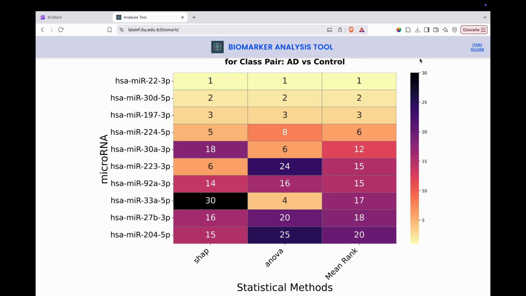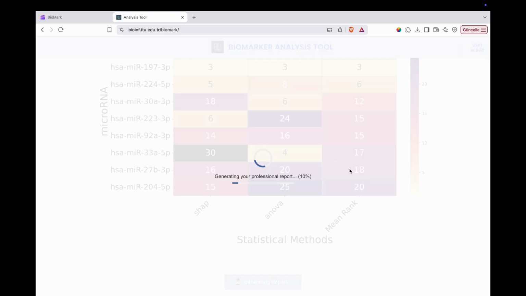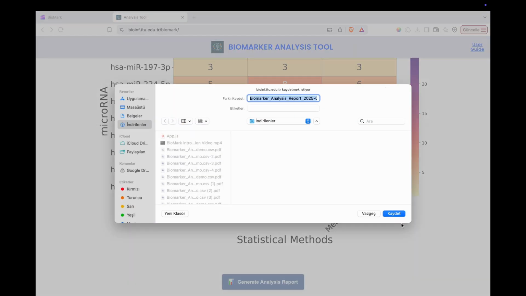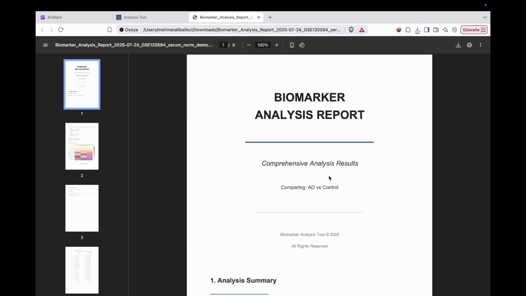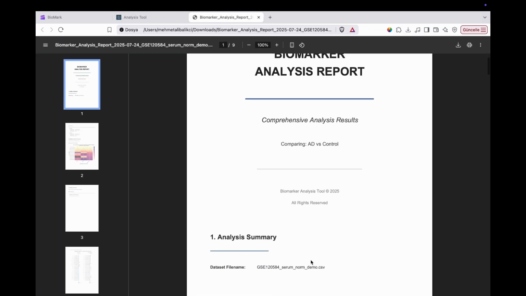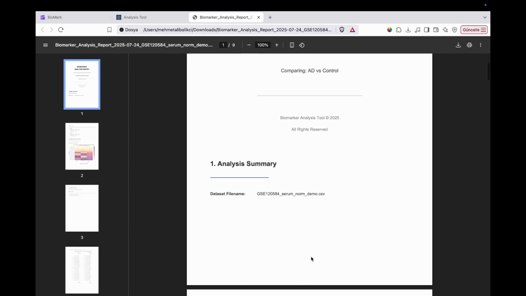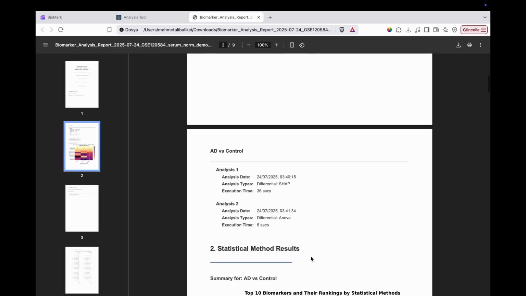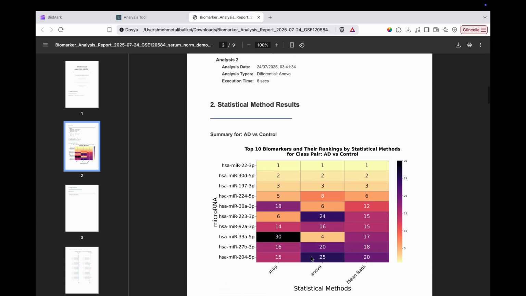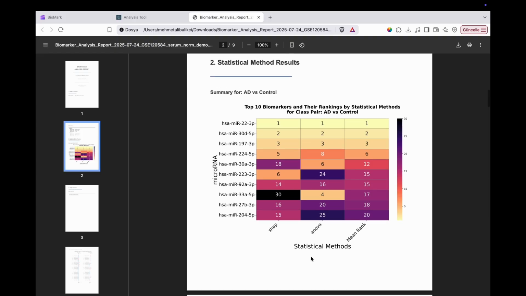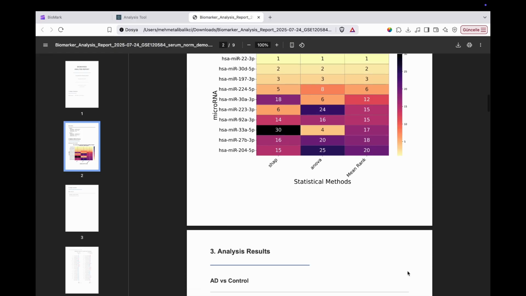Finally, with the Generate Analysis Report button, you can create and download a comprehensive PDF report of all your work. As you can see, the report is structured to provide a complete and transparent record of our entire workflow. It strategically begins with the most critical finding, our final, consolidated biomarker list, which represents the most robust results from our combined approach. Following this summary, the report dives into the detailed evidence supporting these